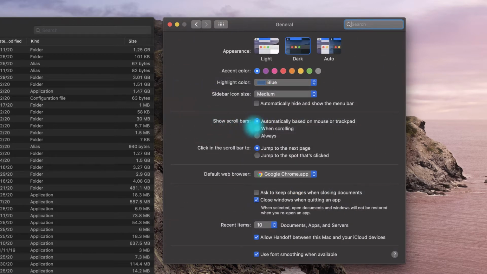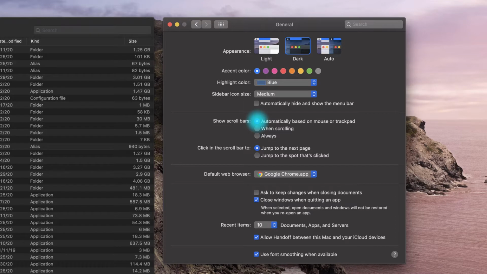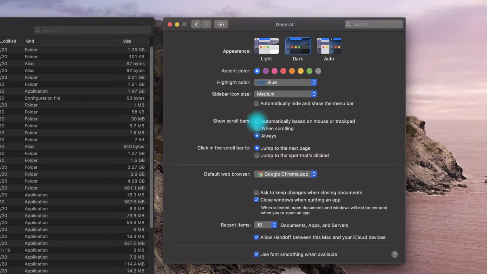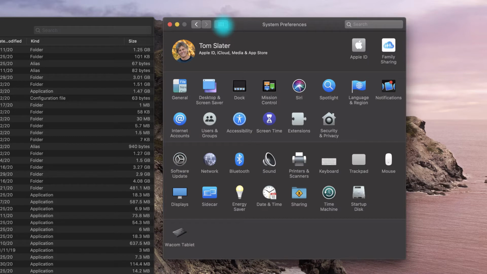And then here, if you come down to this Always radio button, you'll see that that's locked in place. So like I said, I prefer the default, so I'm going to put it back to where it was. But again, if you wanted to lock that in view, that's how you would go about doing so. And getting back to the main System Preferences panel by clicking this waffle icon again,